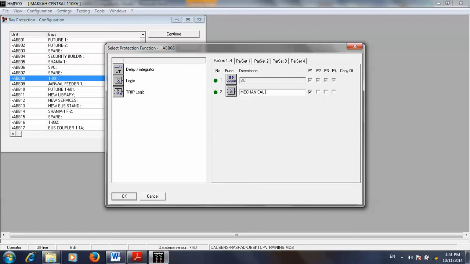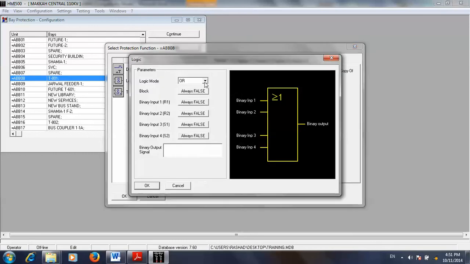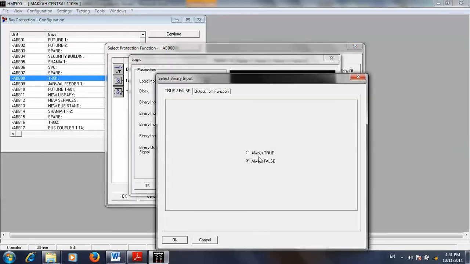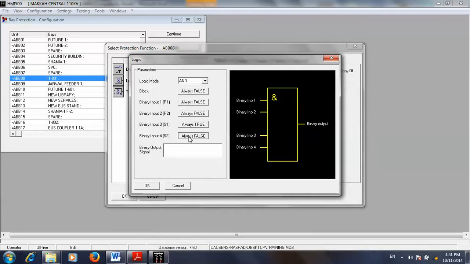mechanical CBF, available here and here and here. And then double click. We'll choose this one as AND gate. The last two signals always true,